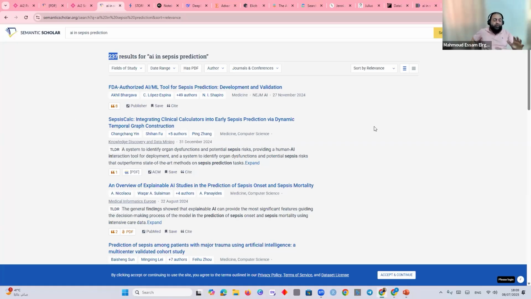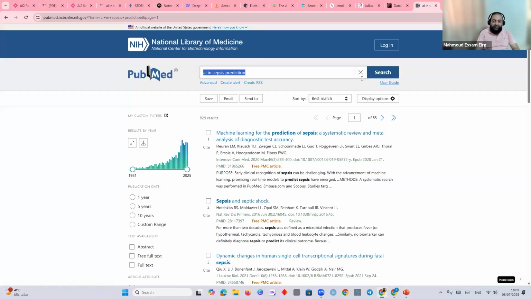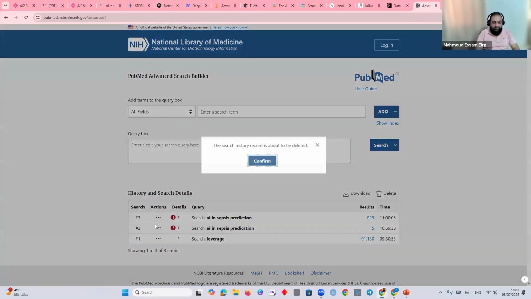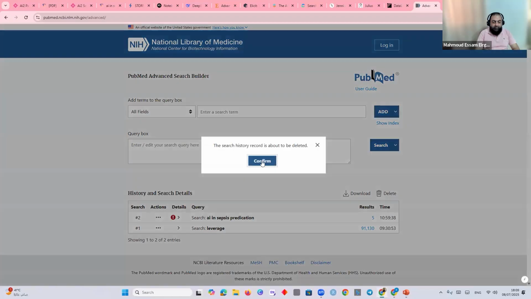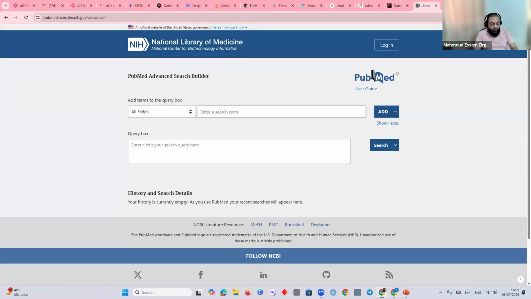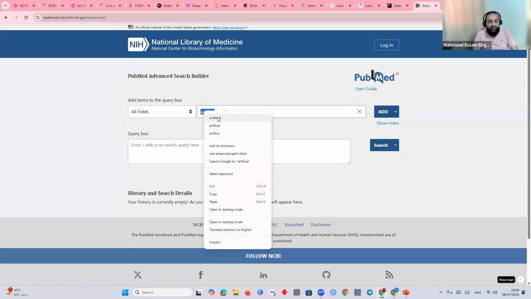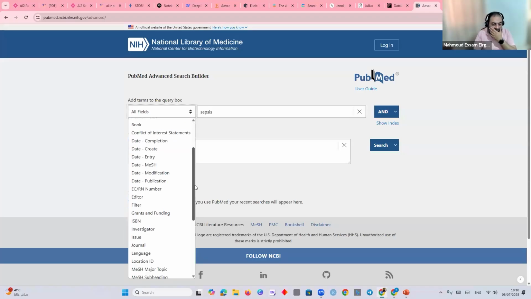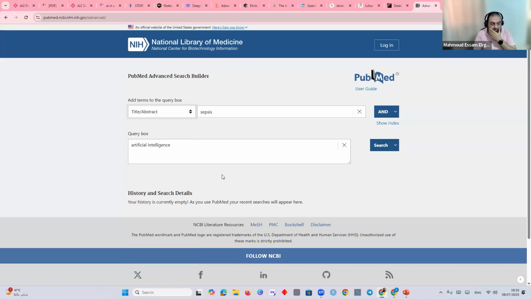So these both are tools along with the tools that we know. So in PubMed, for example, I never search here. I usually search in advanced search. I never use all the keywords at once, but what I do is I write down artificial intelligence, for example, and then you add it to your background, and then you write down sepsis, for example, and then you want the sepsis to be in the title, and then maybe you do your search,